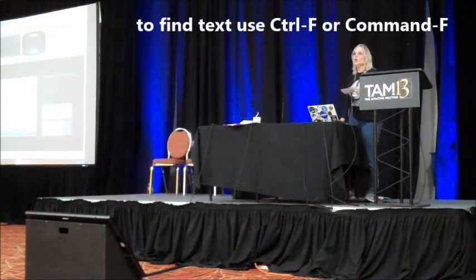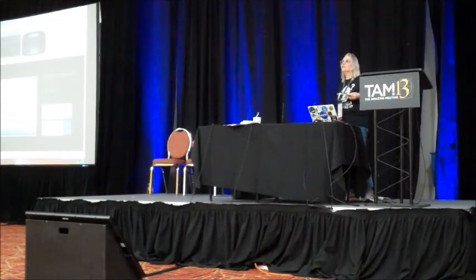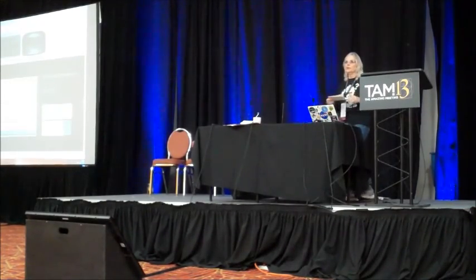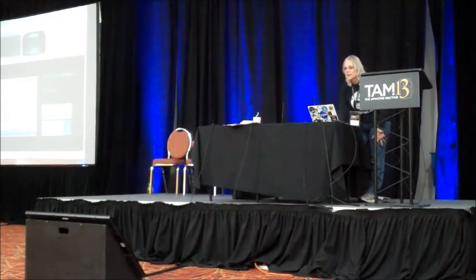We use Control F all the time when you're editing Wikipedia. That's the find, and if you have a Mac, it's Command F. You don't have to admit if you don't know this already, because most people don't know it, and we use it continuously. And it looks like this. So I'm going to pull up a page,